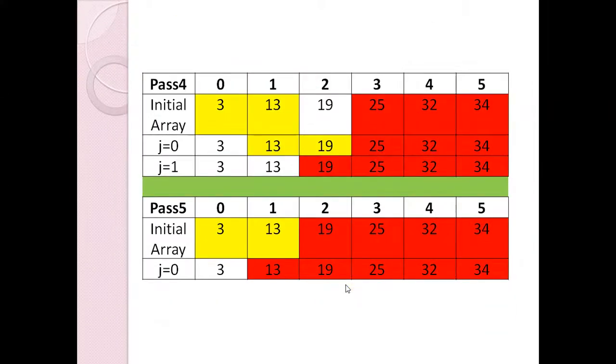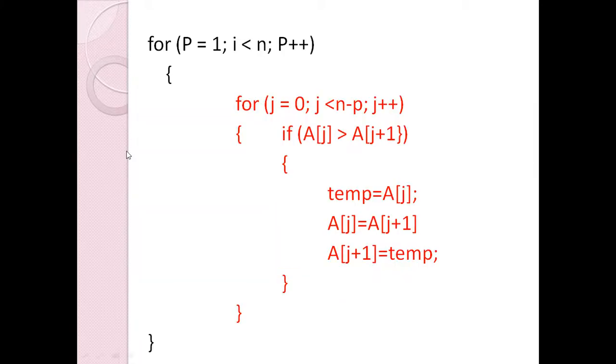Now let us come to the program. I assume that the array is inputted in array A before this loop and the output will be printed after this loop. So here is the count of passes. So p equals 1 to p less than n. So n minus 1 passes are there. Then here you see in each pass what we do. So I take j equals 0 to j less than n minus p.